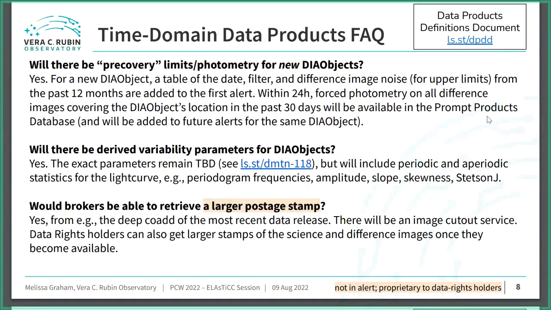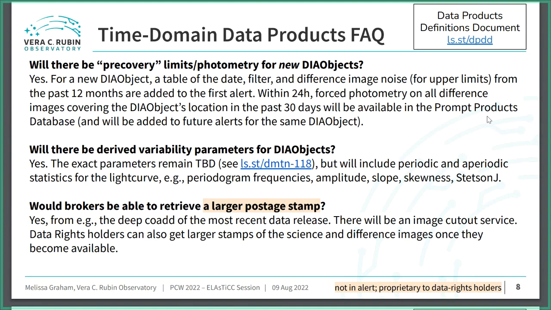Yeah, second FAQ there about derived variability parameters. It's ls.sc/data management tech note 118, which is sort of the current thinking of everything we could do. Yeah, that's actually a question for Eric because he's leading that, and I'm not sure what our time scale is. The other thing that you might be super interested in is we added some features that you don't have in the alerts,